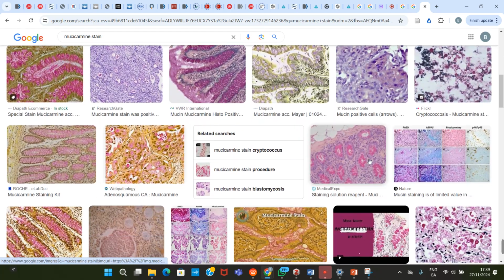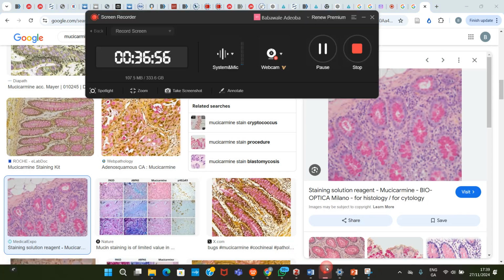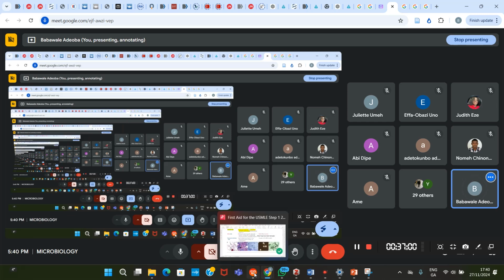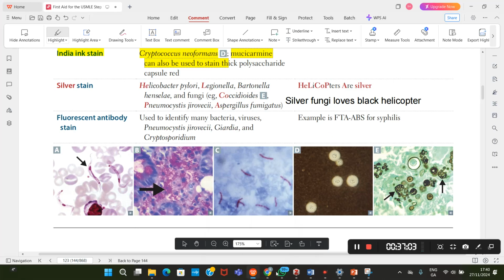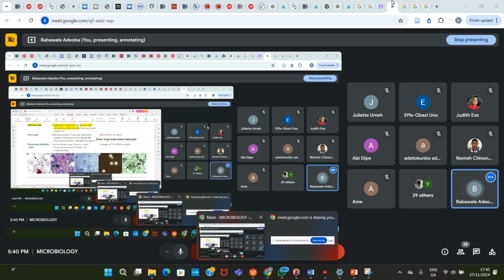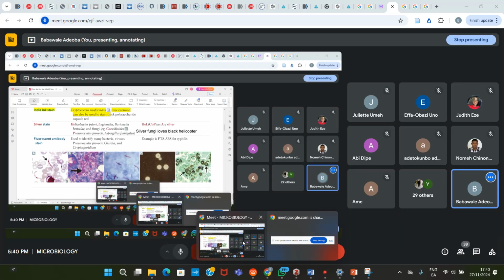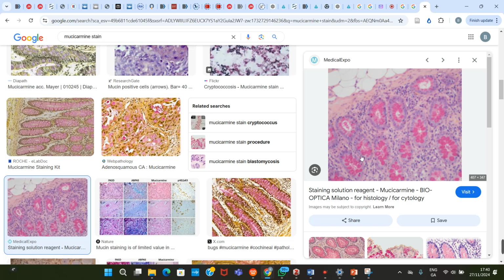So we have it here. Excuse me, just 1 minute. So sorry about that. So I think I'm trying to show the picture of the mucicamine. So sorry. So